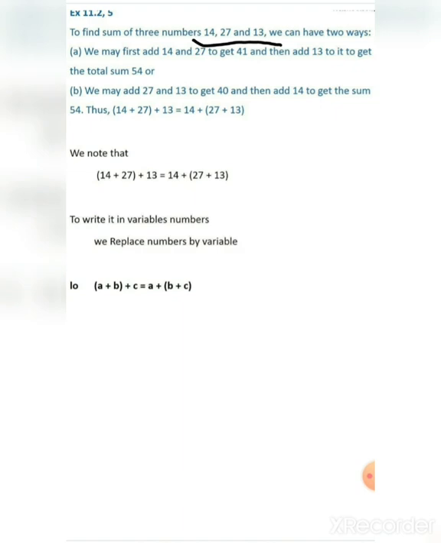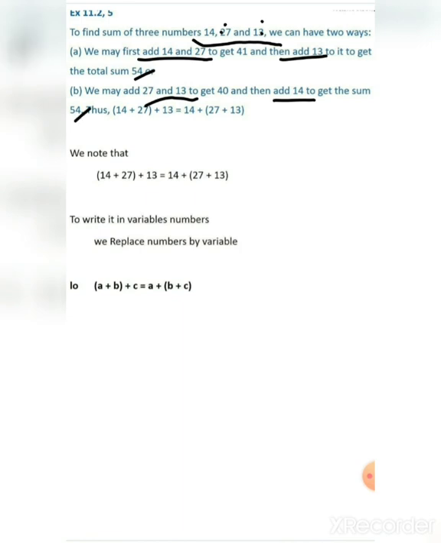We may first add 14 and 27 and then add 13 to it to get a total sum of 54. Or we may add the latter numbers 27 and 13 to get 40 and then add 14 to get the sum 54, which is the same.